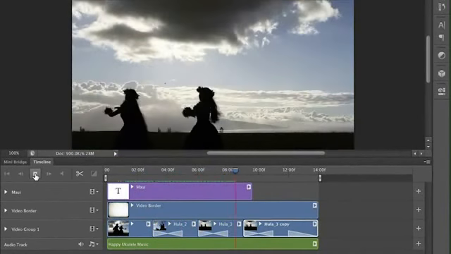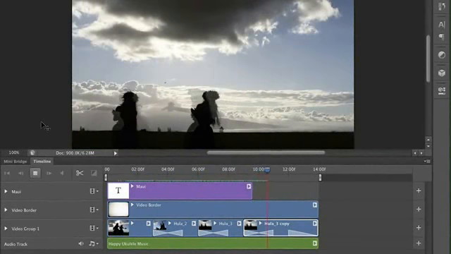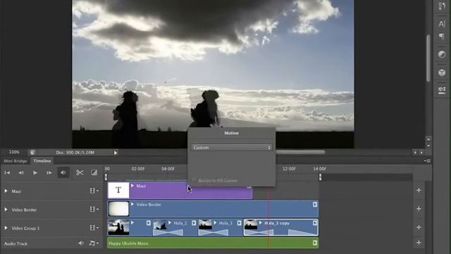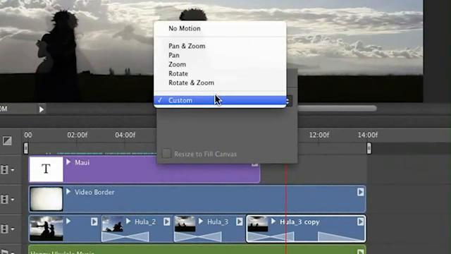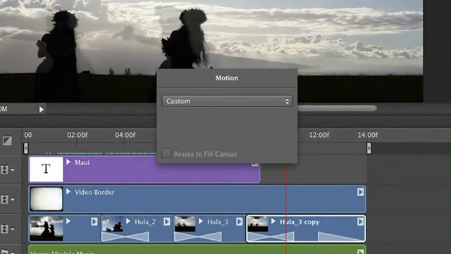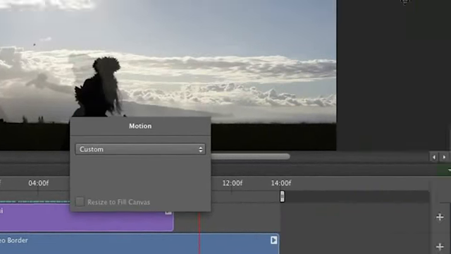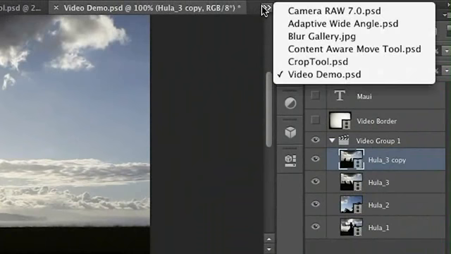the sound. I should also mention, just because I can, that you can now work with text and graphics, and you now have motion controls on still images, text, and graphics. It does not get much better than this. Ladies and gentlemen, girls and boys, you've just seen a great set of new features inside of Photoshop CS6. Adobe Camera Raw 7.0 support, adaptive wide angle, blur gallery, content-aware move,